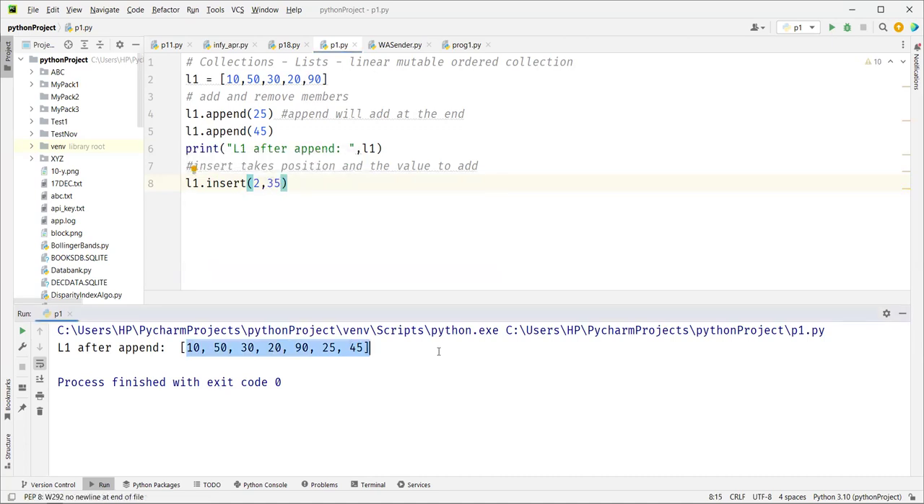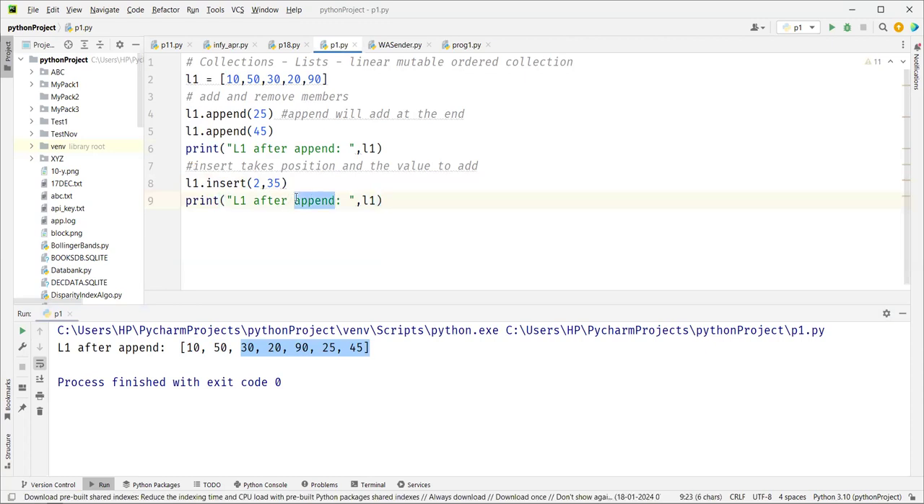So this is your list, correct? Index 0 and 1 will not be impacted because I'm saying add at the second position. Your 35 will get added at index 2, which means the third position, and everything else will shift by a space. So now if I print L1 after insert and run it,